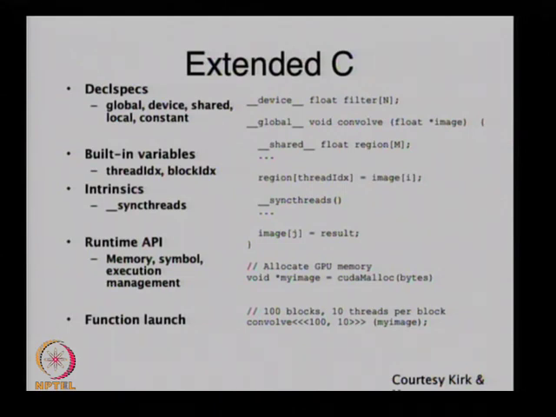The paths of each of these memories to the multiprocessors are different. The path from the texture and constant memory is much faster. It's got its own data path,